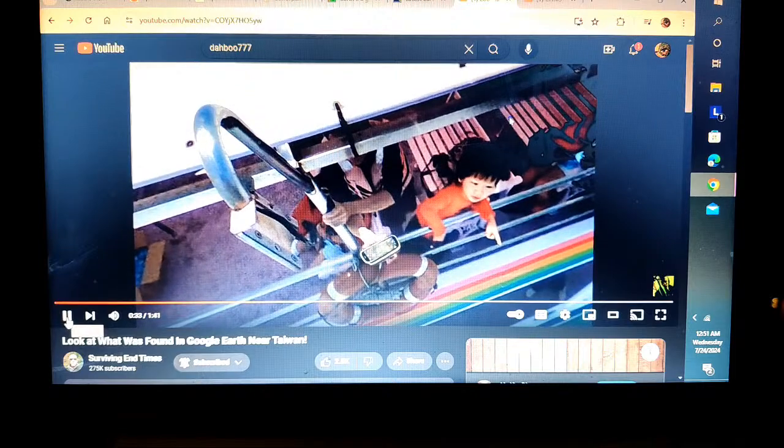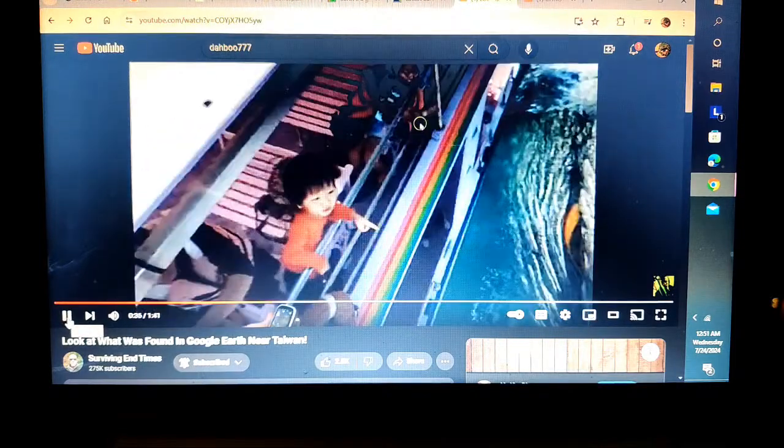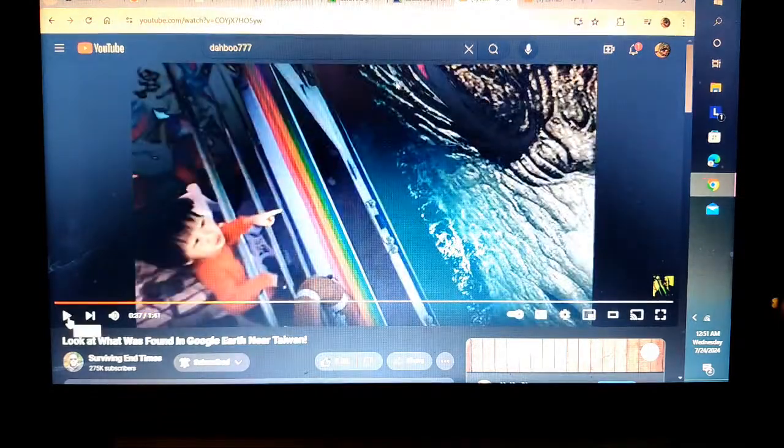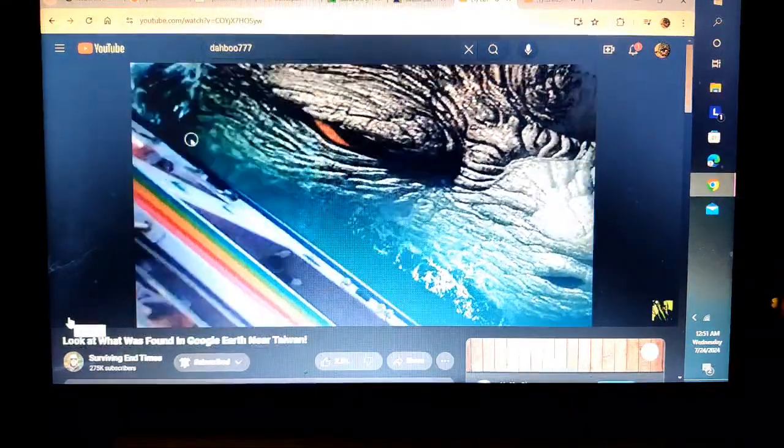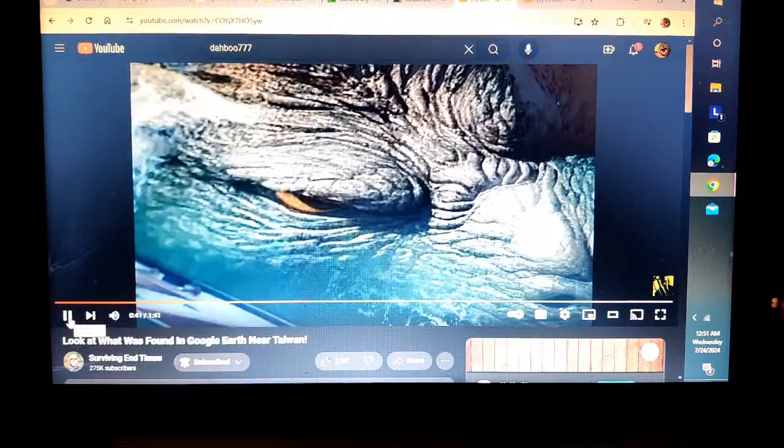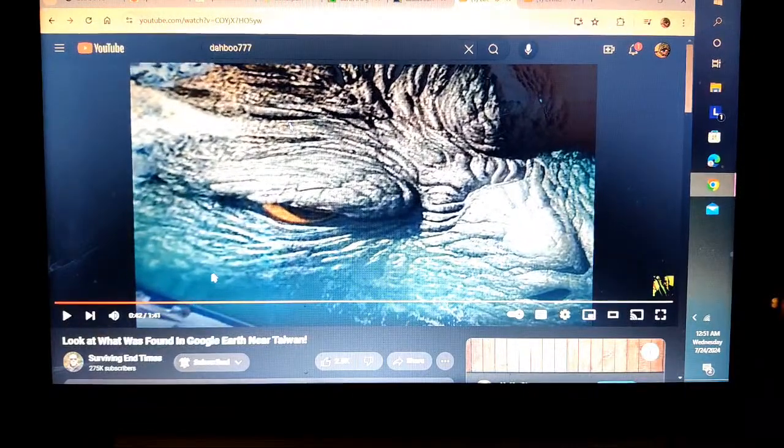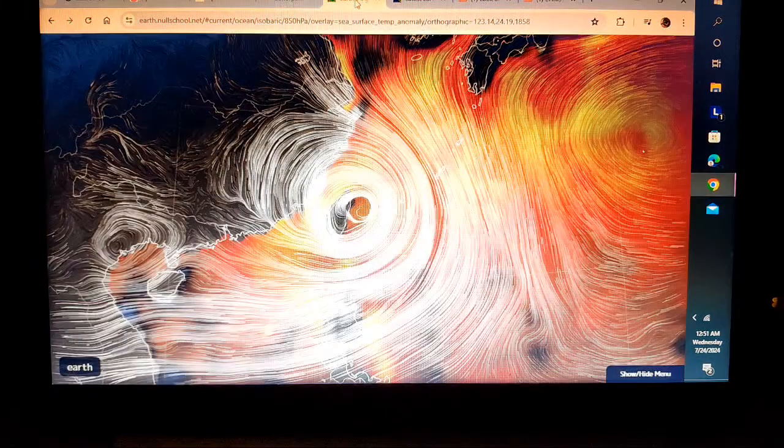When you look in the water, there is this, and there's a big old eye, which is pretty crazy. What if Hollywood saw this thing and modeled their thing after this? If that's the case, because we are seeing deep water creatures coming to the surface, and this happens to be right there, right where our storm is.